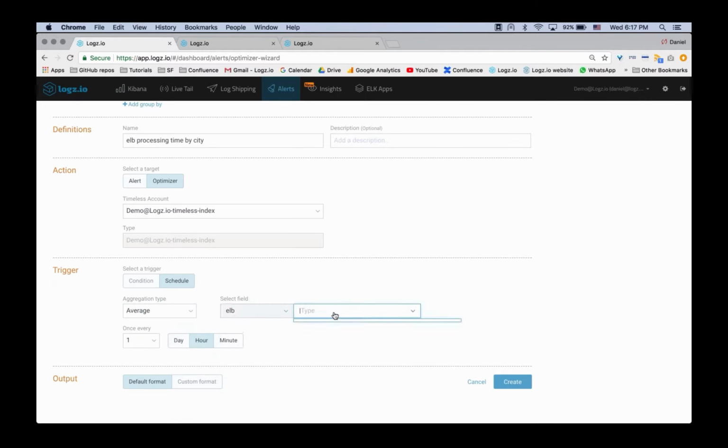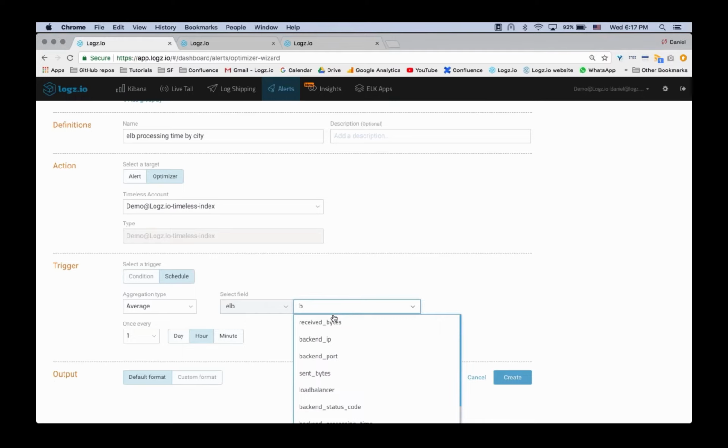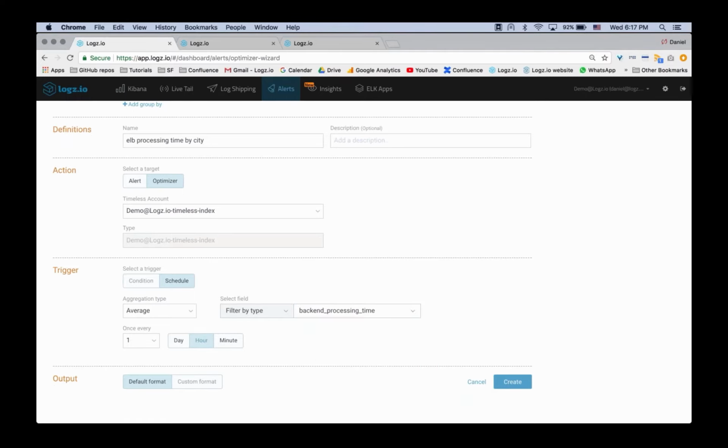So again, I'll select the correct field, backend processing time. And I will ask the system, every minute, to summarize the data and to prepare a log that will hold the relevant data of the average processing time per city and per country. Now, what it will do is, instead of having tens of thousands of records, I will have one record that will hold the data, and you can see the output of this